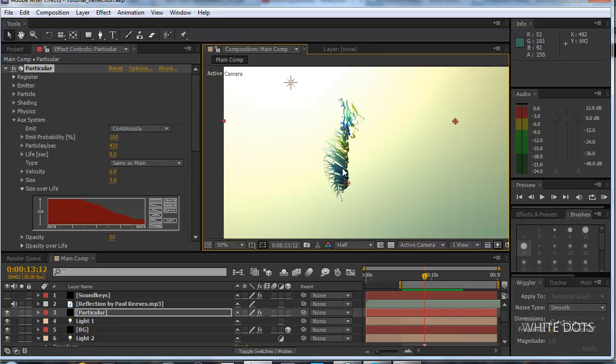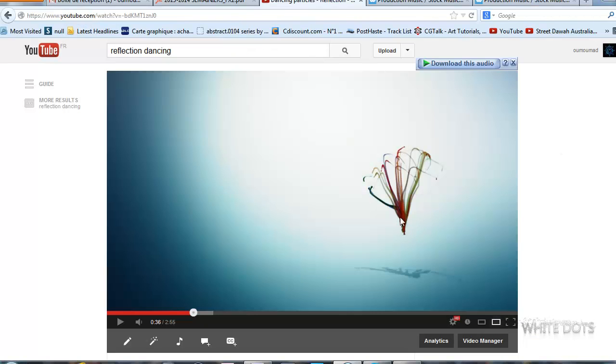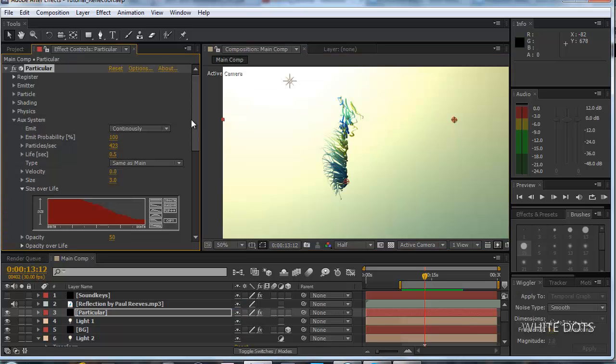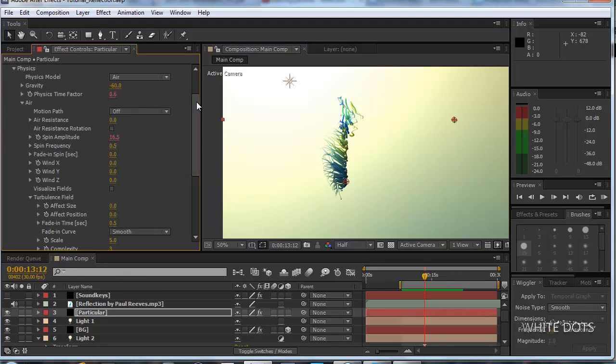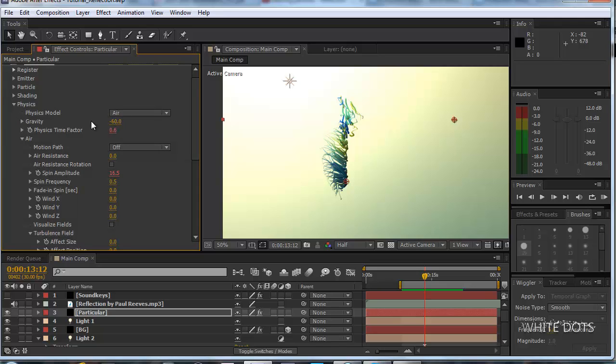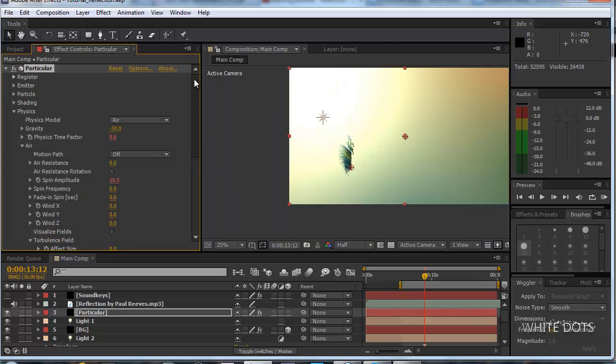I think this line, this length, is very long, so much longer than this one. However, what I can do is go to physics. If you remember the gravity negative value to push particles up, I'm going to lower it a bit. So around here,